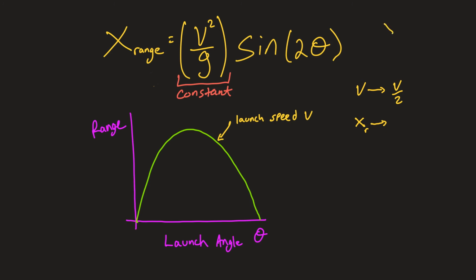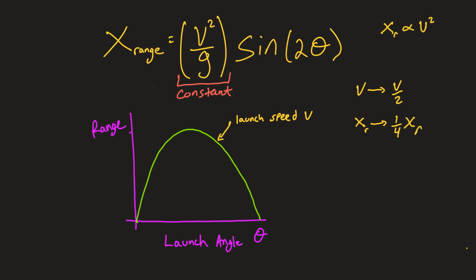All right, well, you've extracted the relationship, and it's the squared relation. Range is proportional to the square of the launch speed, so when we cut this in half, we take the factor 1/2 and we square that and we get 1/4. So the horizontal range would only be 1/4 of what it was before, and we could show that